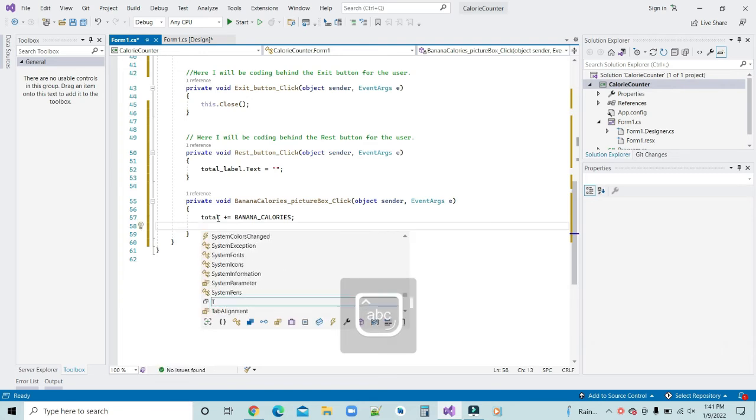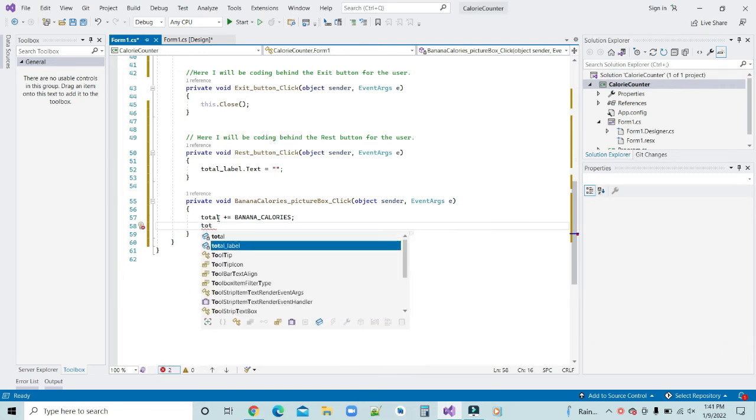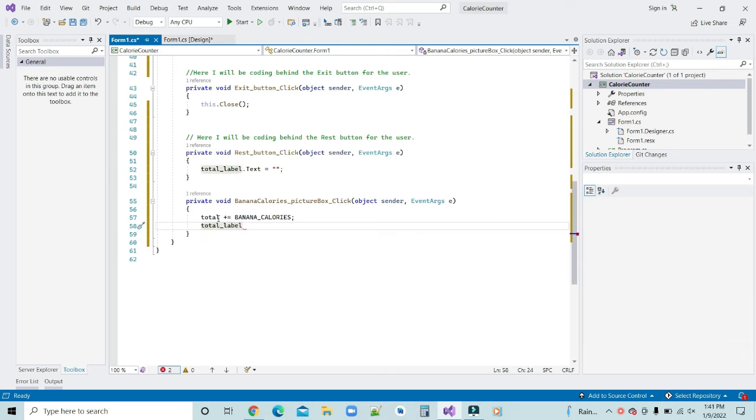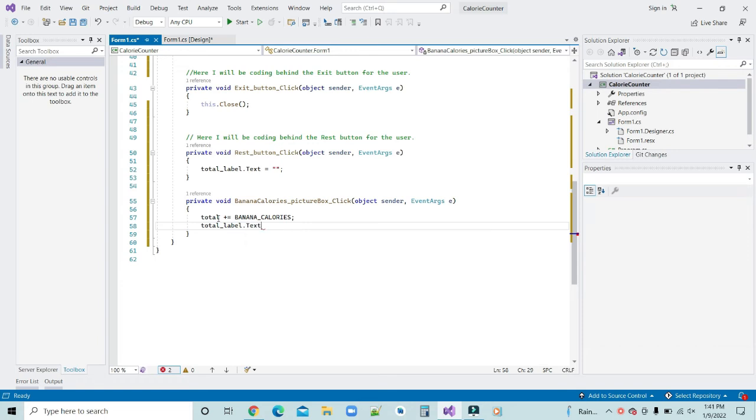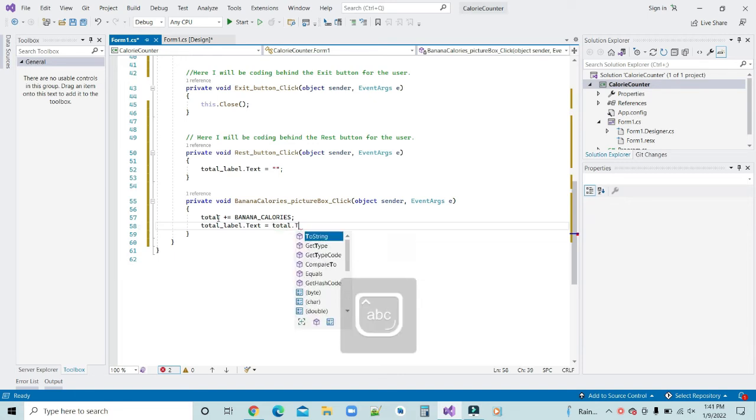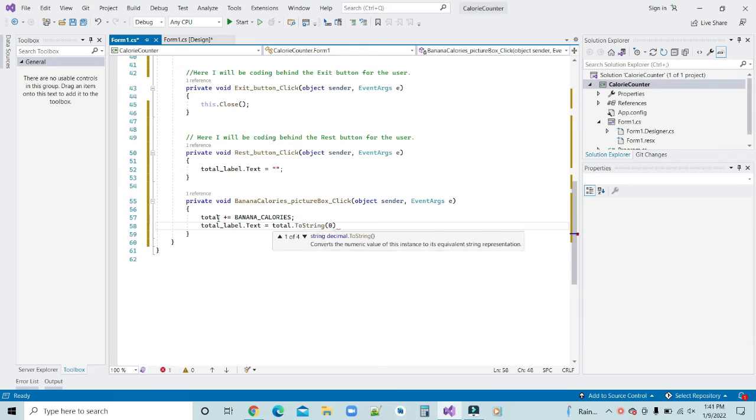So we're going to write total label, well, total underscore label, excuse me, dot text equals total dot ToString parentheses semicolon. So now I'm going to go back and add my comments above this, which